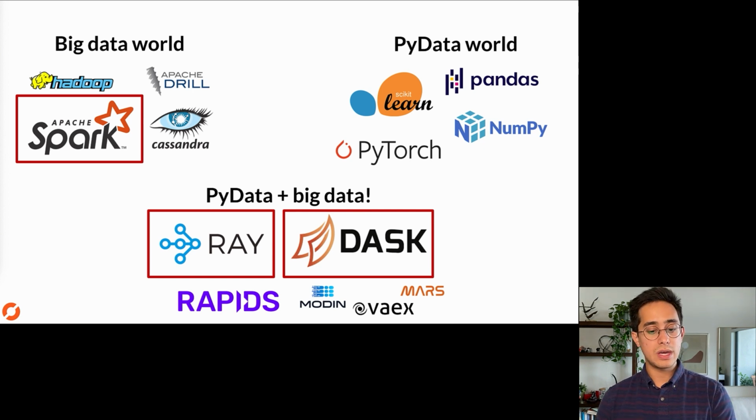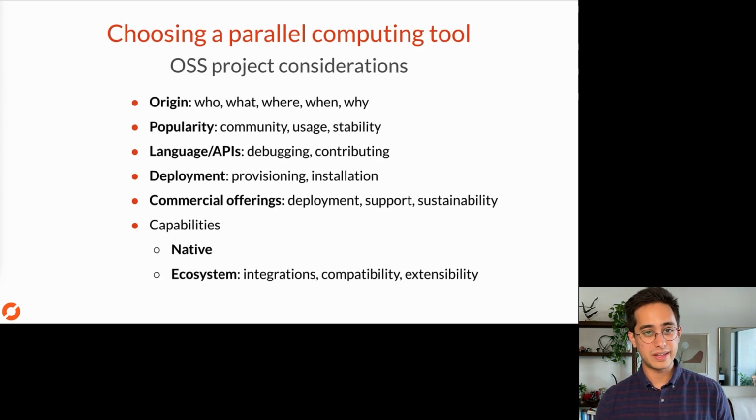On the bottom row here, Rapids, Modin, Vaex, and Mars, they're some honorable mentions. I'm going to talk a lot about Rapids because it's actually very relevant with these tools, but in itself, it's not technically a parallel computing tool. And then Modin and Vaex, I'll mention real quick. Mars is something that's super, super new. I'm not even really going to focus on it, but I at least wanted to throw the logo on there to show that there's a lot of players in this space. But hopefully we can simplify that here.